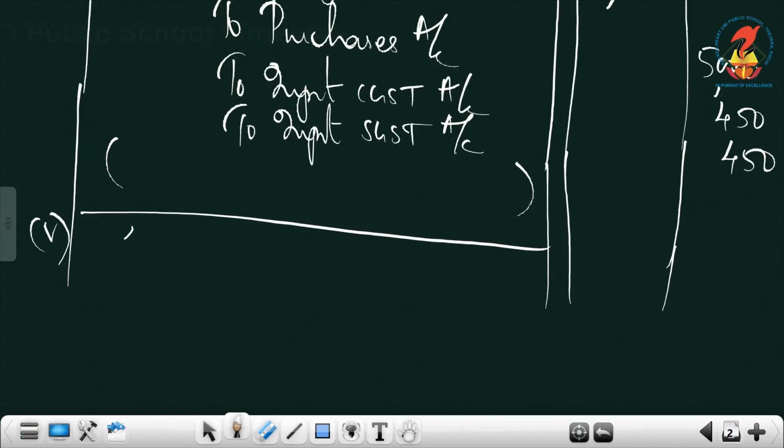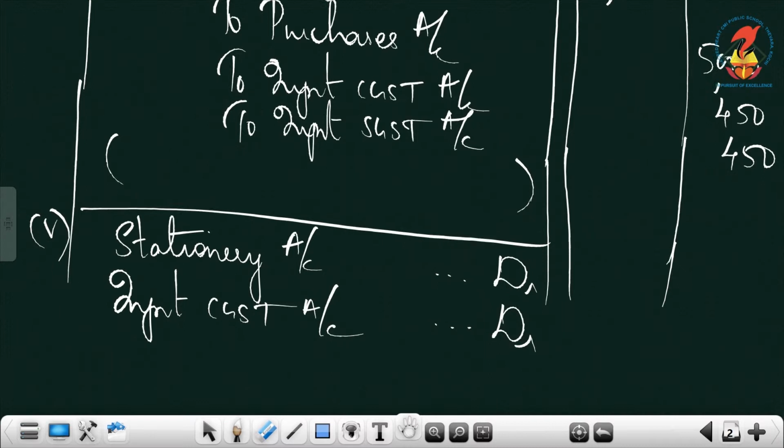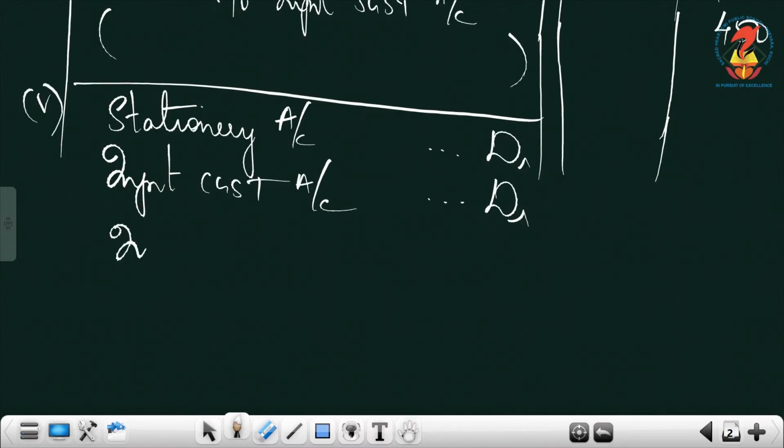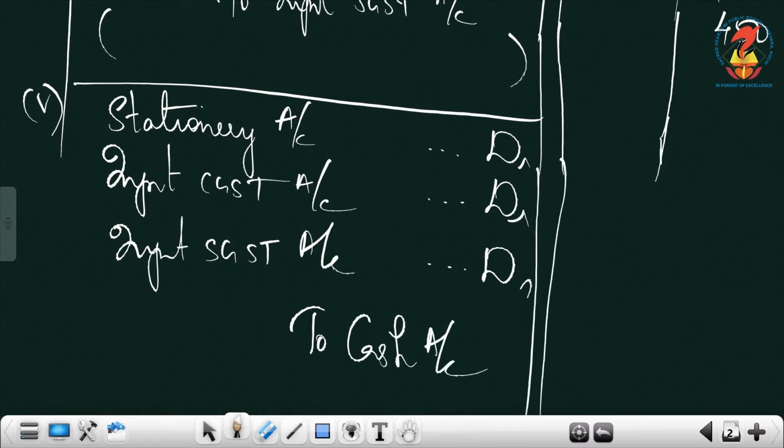So now the compound entry will be stationery account debtor. This is to be debited here. Now we are purchasing, it's not a cancellation process. When we are purchasing, input GST must be debited. Then to what is moving out from the business? Since you are purchasing, it is the cash or bank moving out. It's mentioned there as cash, so you write cash itself.